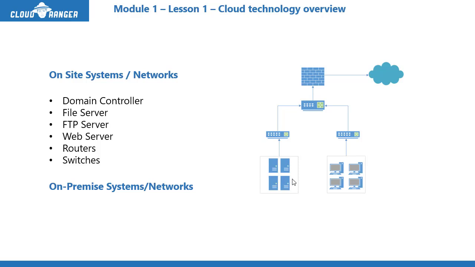Back in the days, if you look at this little diagram over here, all of these would be one single server with one single functionality, right? One would be a domain controller, one would be a file server, a web server, email server, or maybe have one server who would have multiple roles, but this would in general be just one physical server each for one of these roles, okay?